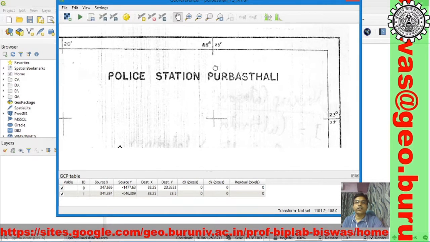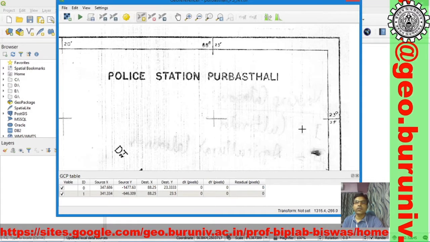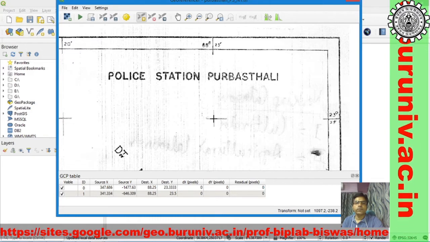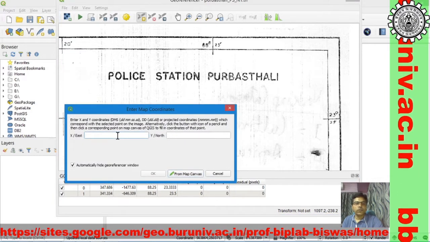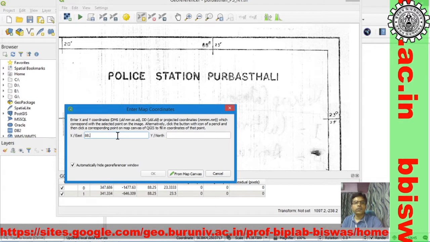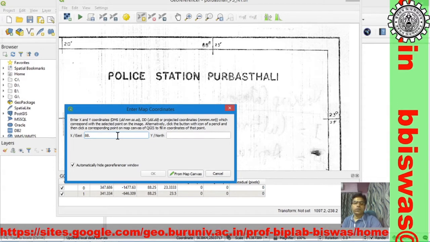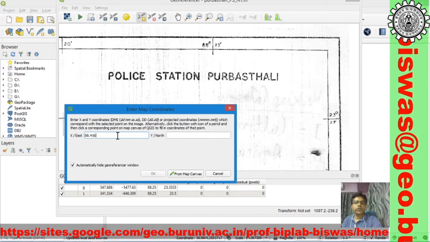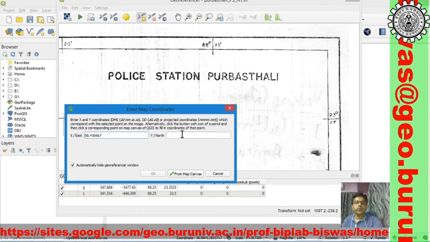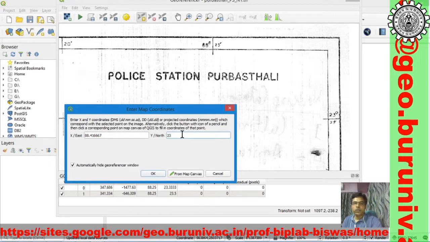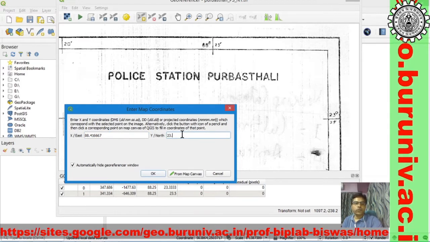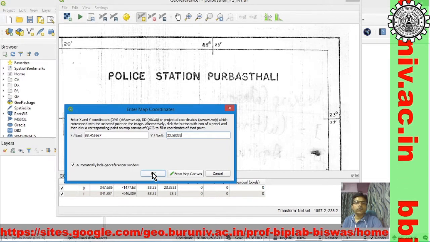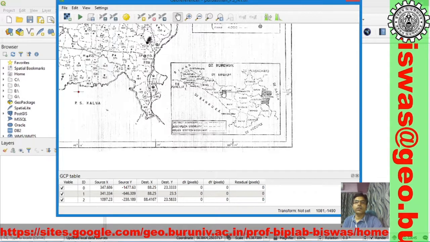This is 88 degree 25 minute and 23 degree 35 minute. 25 minutes means 88.41667, and 23 degree 35 minute means 23.58333. Okay, lower right corner here.